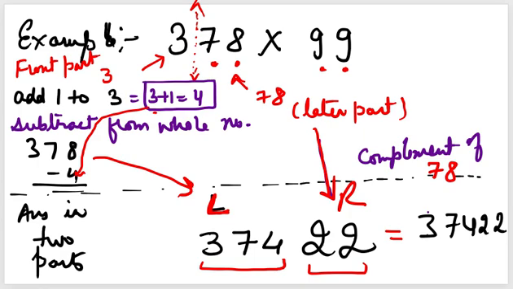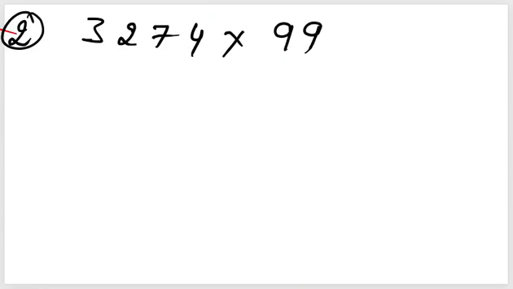Let us see with the help of another example. I'll repeat the same process to make it clear. Let's say the second example is 3274 into 99. Now it is again a 9 multiplication. This discussion is all about that if any number is multiplied with nines, if the one number is all in nines, we can use this technique. Only point is you have to see whether they are equal in digits or one is less than the other or one is more. So whatever technique is applicable you can apply. So right now this number is more.